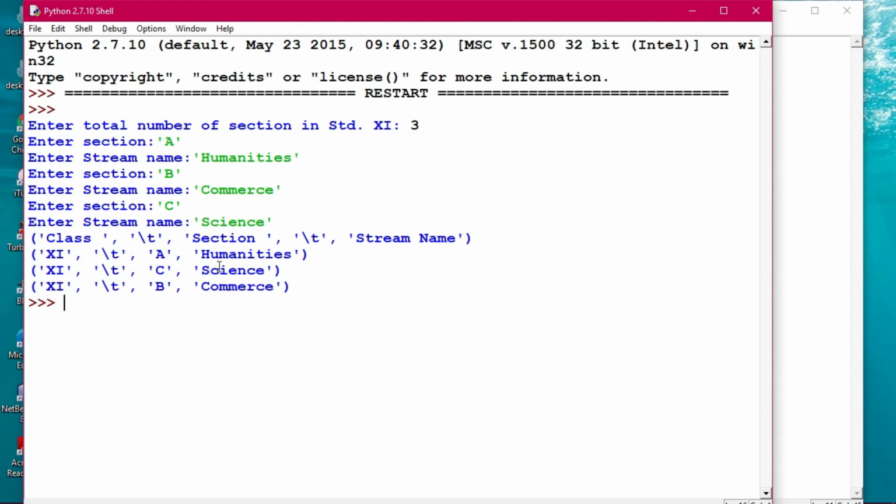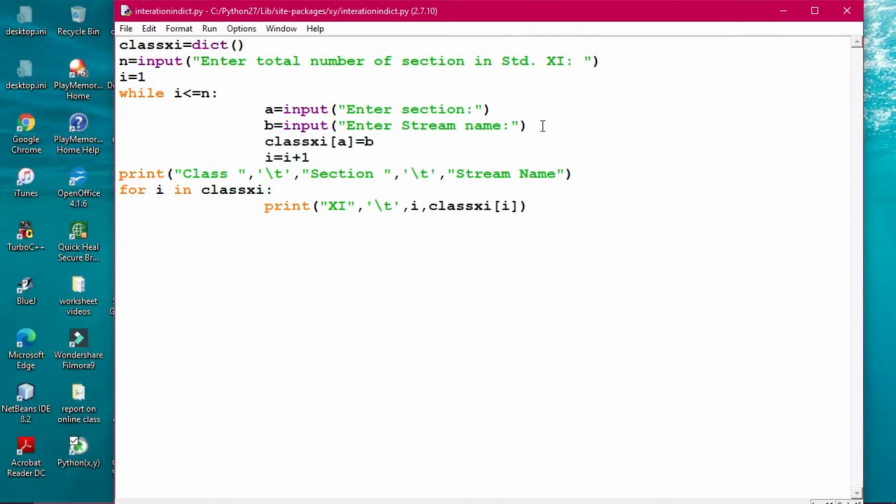All right, so humanities, science, commerce has come for A, C, and B. So it has been given science for C, commerce for B, and humanities for A. So in this way, you will be able to display the dictionary and all.